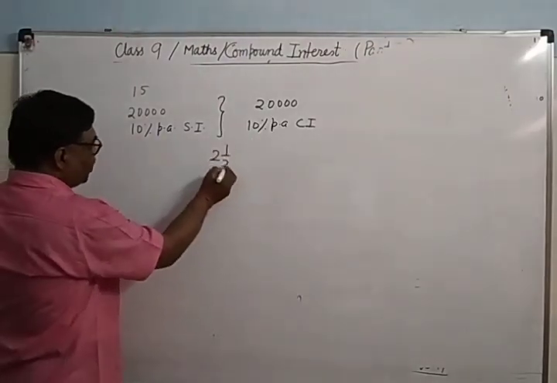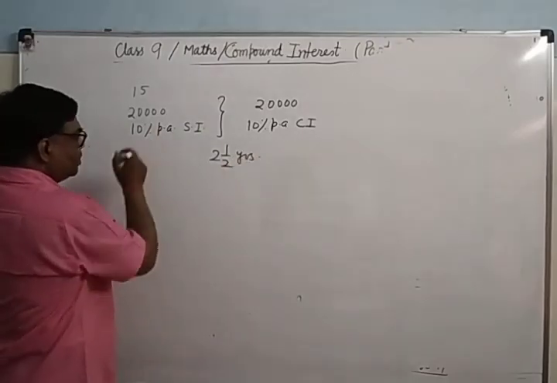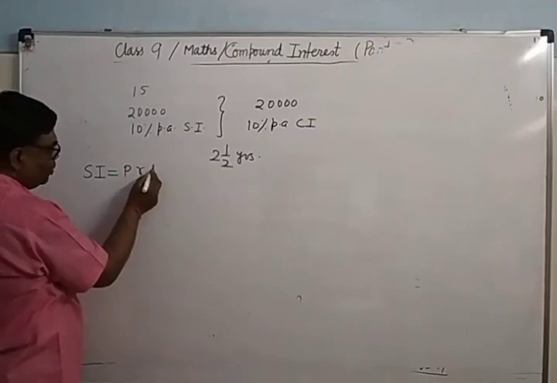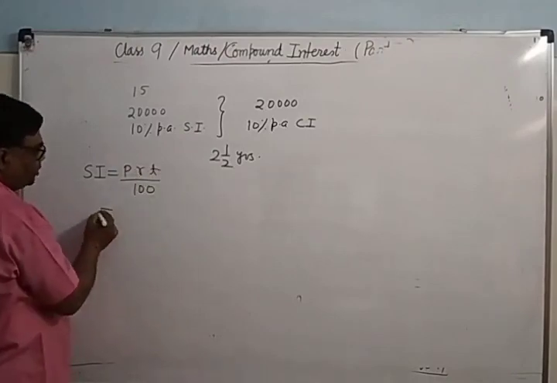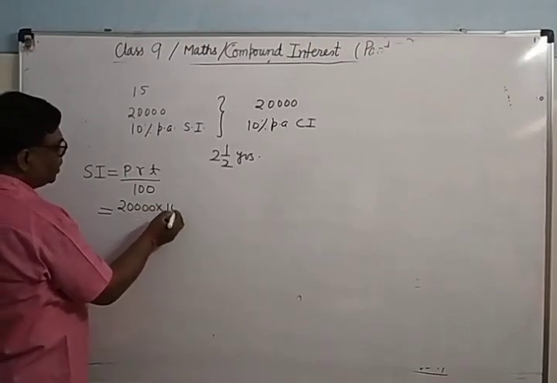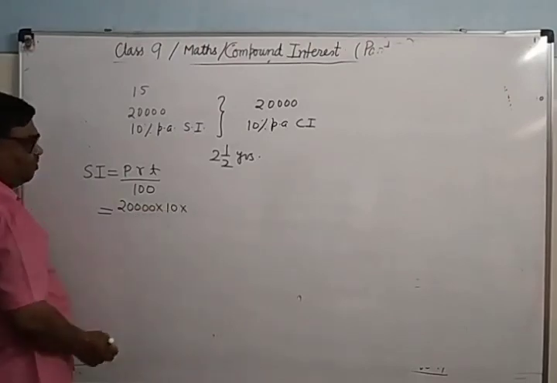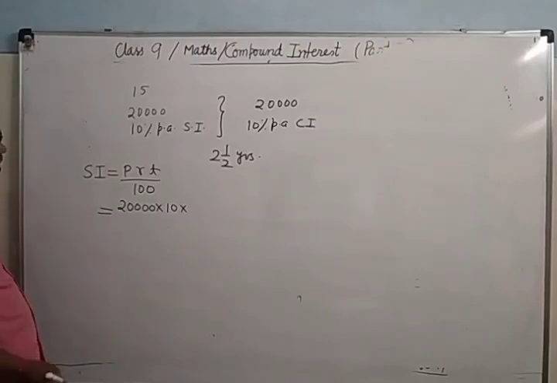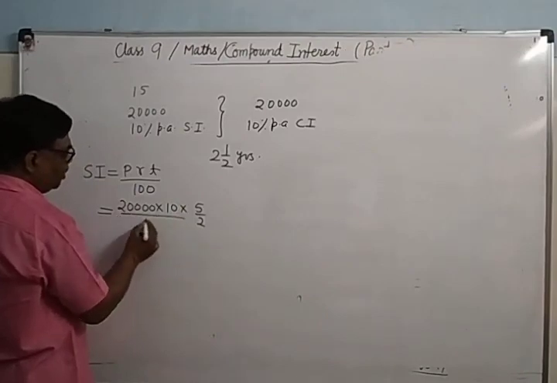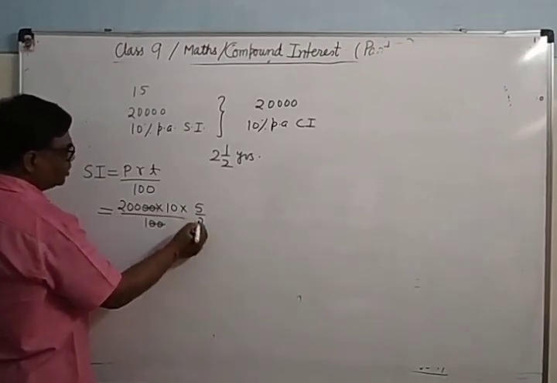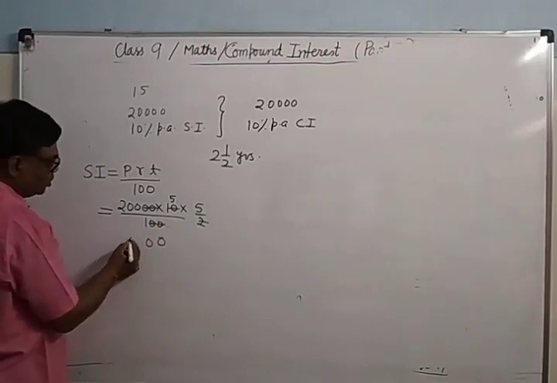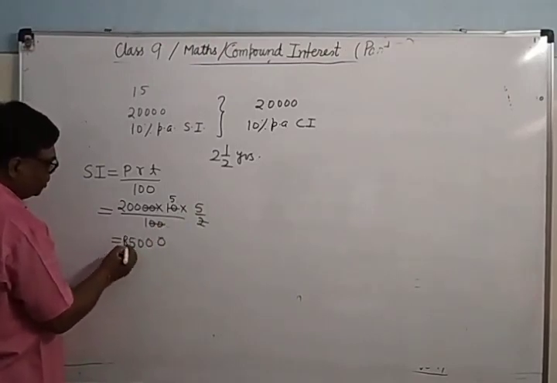2 and 1/2 years. So SI when we calculate, SI will be calculated all together. It will not be calculated separately. As I have already told, the property of SI is that the principal remains the same for every year. So what is the time? 5/2 divided by 100. So this is cancelled. 2 5 cha 5, 5 5 cha 25, 0 0. This is SI.